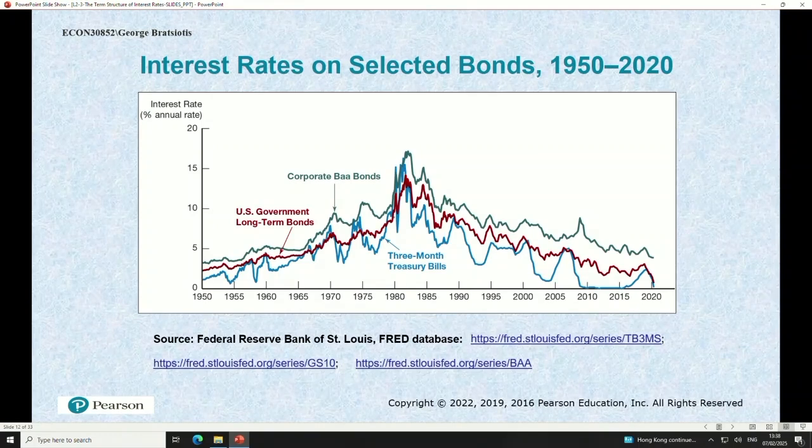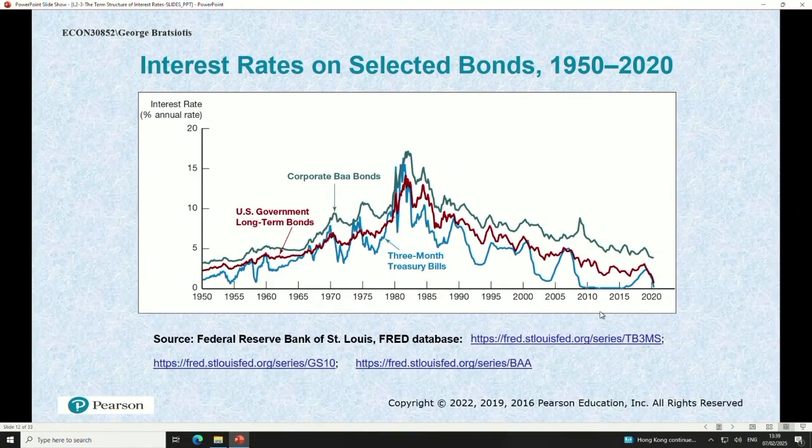You can see that the blue line is more liquid than the red. Why? Because these are bills and these are bonds. Therefore, traditionally you would like to see a lower yield for the more liquid asset, which is the blue line, than the red line. But you want to see a much higher yield for the corporate bonds, which is more risky. But notice this, which is quite interesting, that as you enter